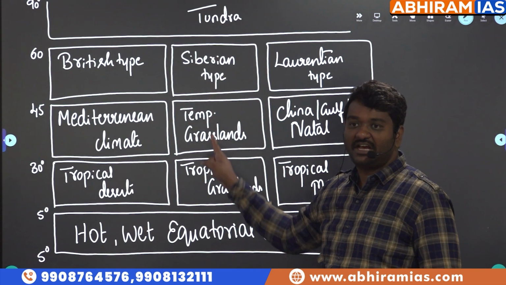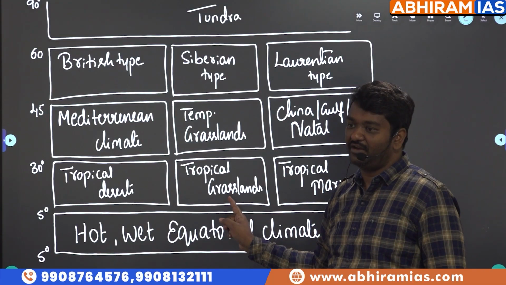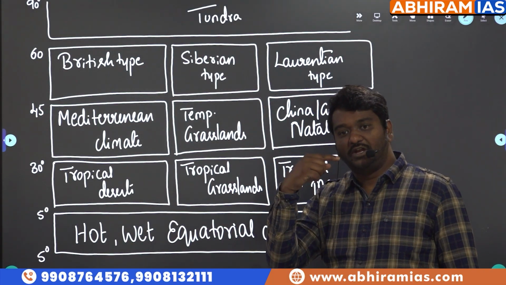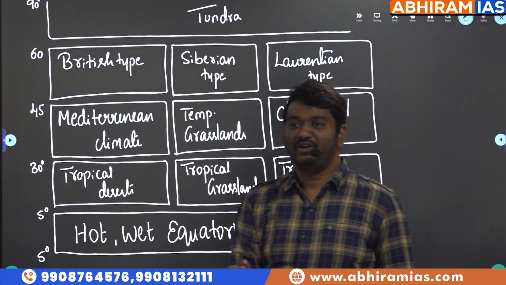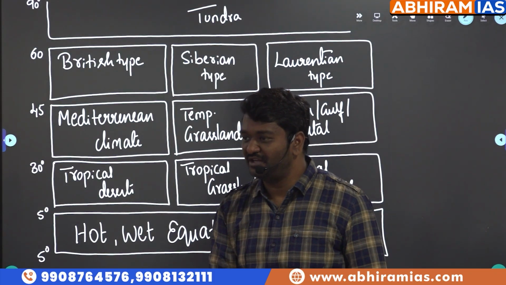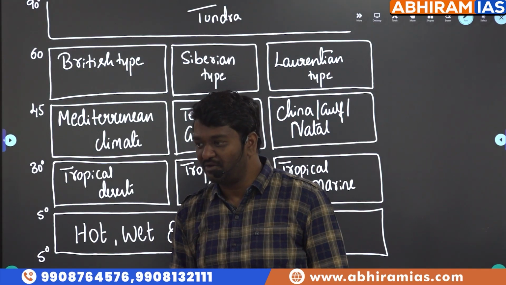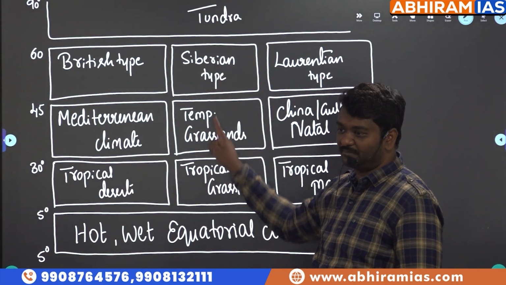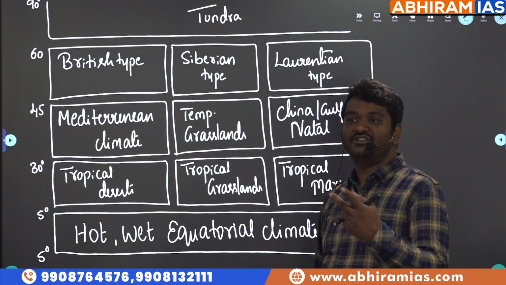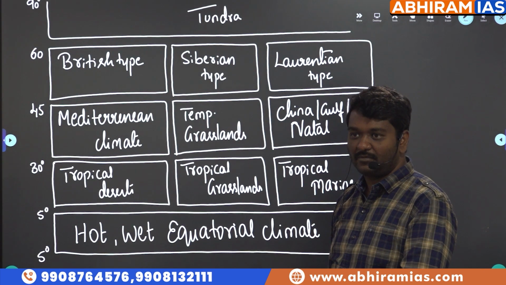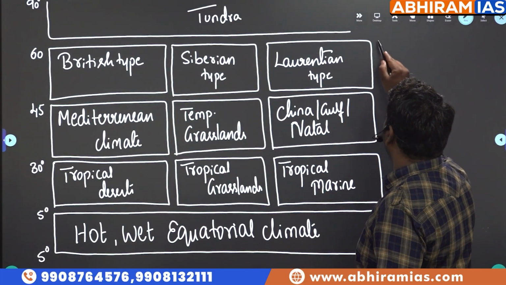See these guys, these are in the continent. The moment they come in the continent, what is going to happen? It will be dry climates, and you will have radiation windows. What is the meaning of that? Annual range will be more, diurnal range will be more. If annual range and diurnal range is more, these words will come. You have to choose one among them. If annual range and diurnal range is almost the same, that is, it's not more, then you have to choose these. So coastal,